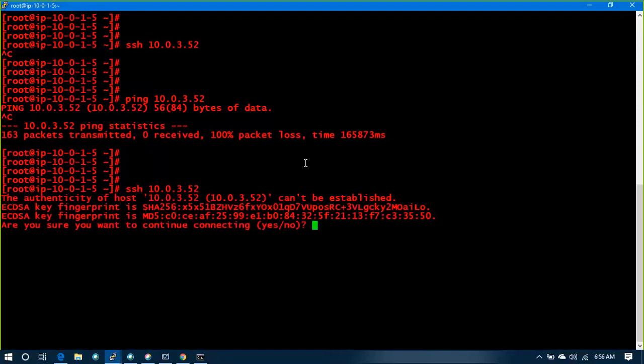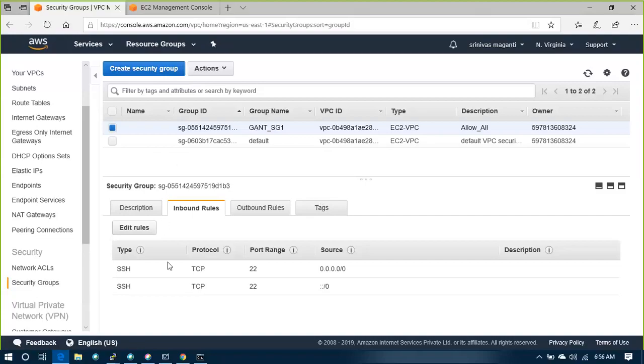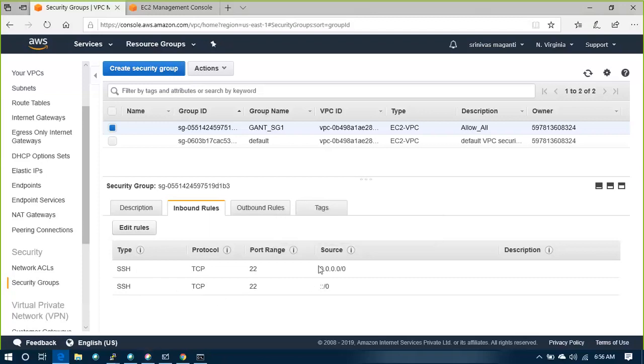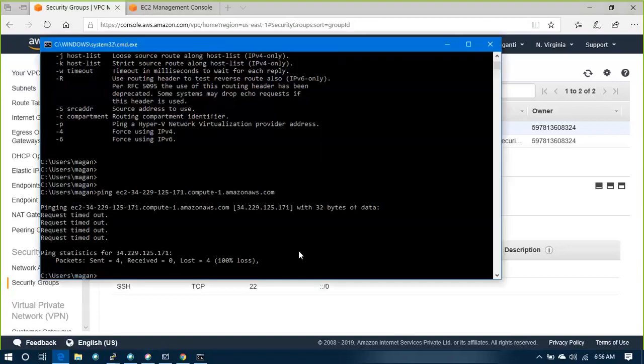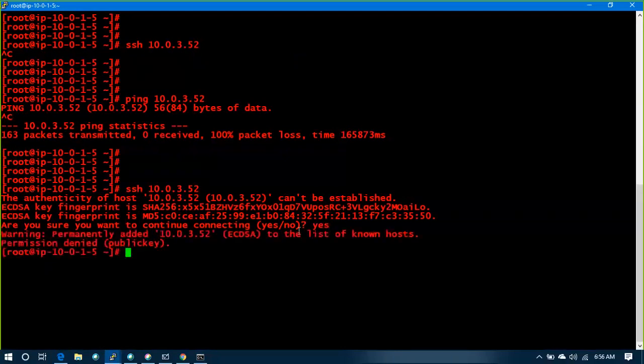Okay, just allowed because the reason is I have mentioned SSH is allowed only from my laptop. That is the reason why it is unable to access. So the moment I change the SSH allowed to everyone, it got activated.